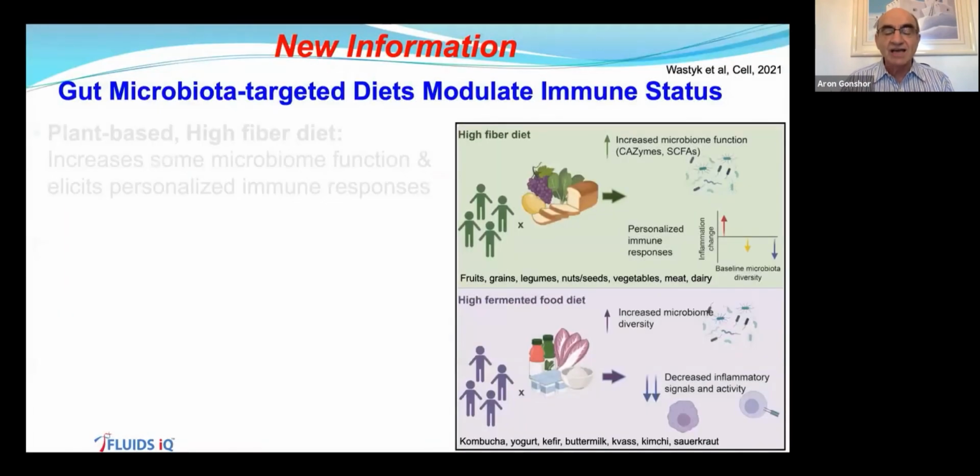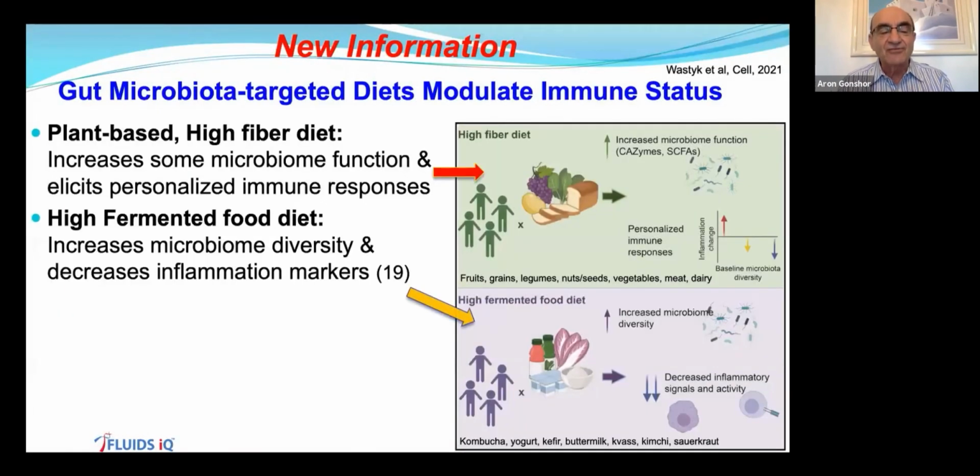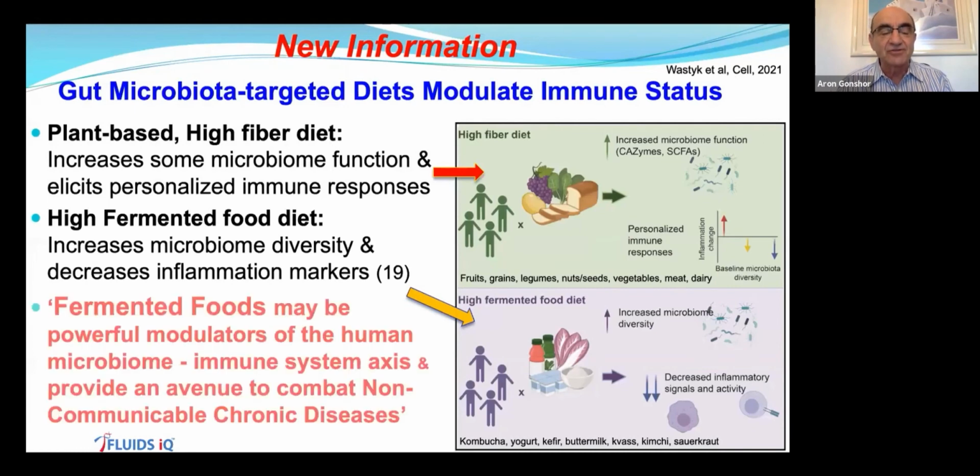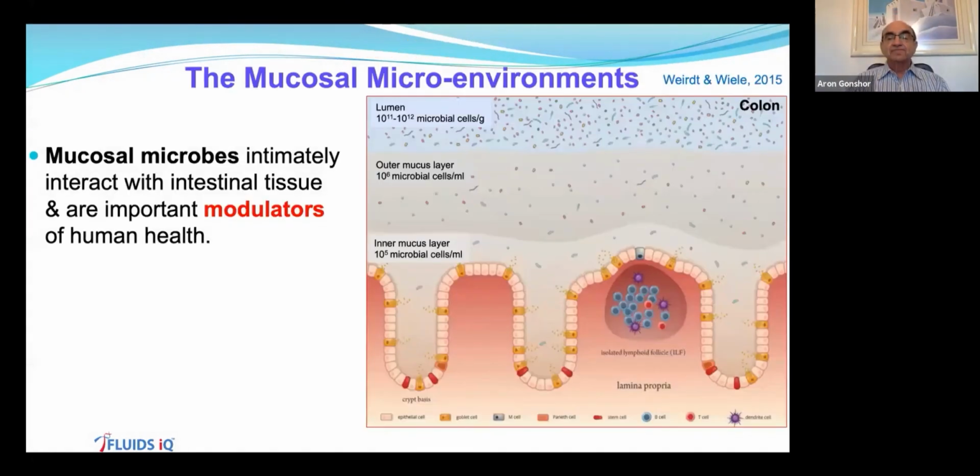And that's why you want high fiber and high fermented foods, which may be a very powerful modulator of the human microbiome and that axis with the immune system. And it's going to be, I think, and many people who are studying this now, a very interesting avenue to combat non-communicable chronic diseases. And I want you to understand that the mucosal environment is a very interesting microenvironment in